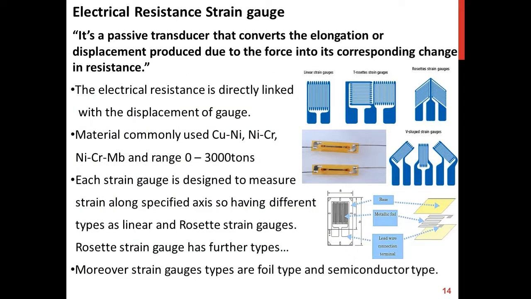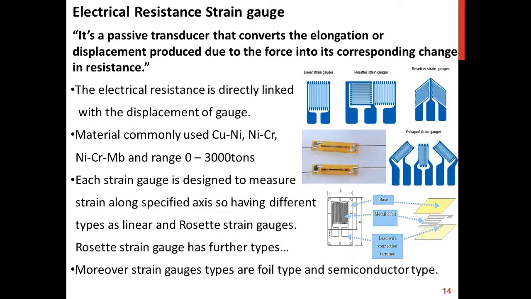Electrical resistance strain gauge is a passive transducer that converts the displacement produced due to the force into a corresponding change in resistance. Means that whenever there is a change in the strain or change in length, this change in length is reflected in a change of the resistance. It is a specific inherent characteristic of the strain gauge. It's the most commonly used device in most applications, like our manufacturing industry, robotics industry, and it is also used as tactile sensors. The other feature is that it is also designed to measure the strain along the specified axis,